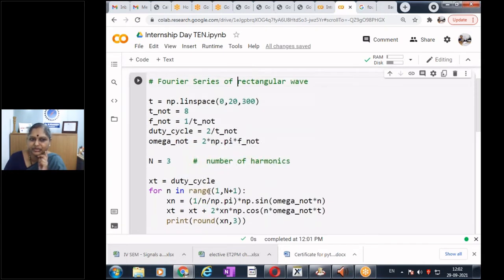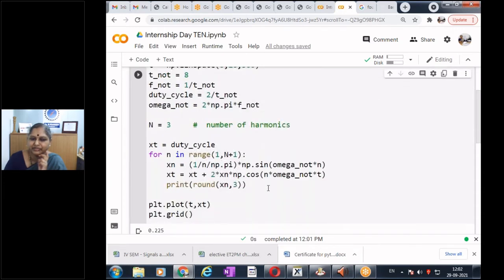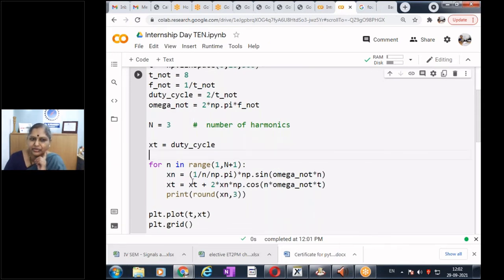If you want, you can try this code. You want to type it, I'll give you some time to type in. Otherwise, I will just run. And then n, as you know, last time also we used to keep as the number of harmonics. And my value for x equal to 0. And then here I'm computing my Fourier series coefficients, xn. And what was it? 1 by n pi sine omega naught n. And then what is my x of t? X of t is this, my Fourier series coefficient.